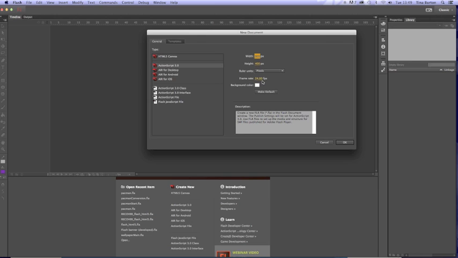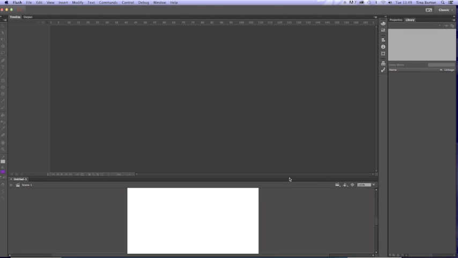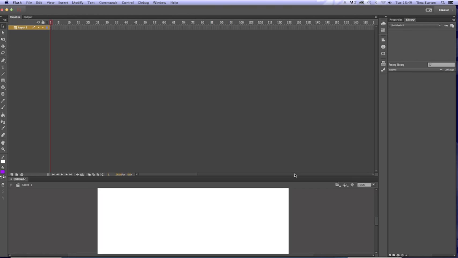It asks you for a frame rate. You can have that to be 24 is the default setting. You can change the frame rate to make the animation run faster or slower. And it also asks you if you want a background colour. I'm going to leave it to be white for the time being. You just say OK. Then what you'll see, oops, my computer will play ball, is